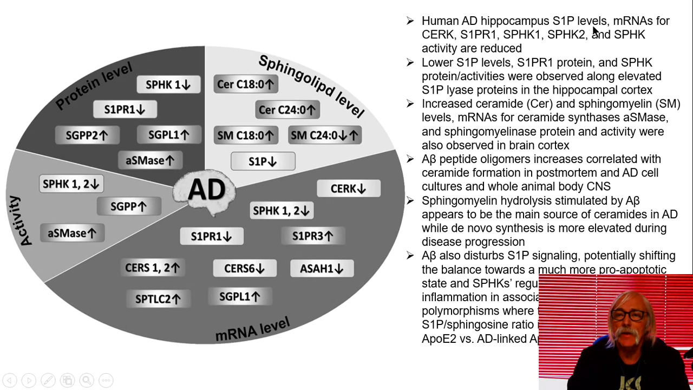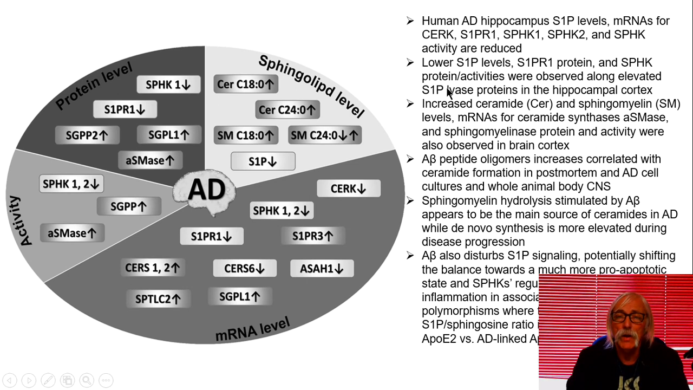So in the human AD hippocampus, sphingosine 1-phosphate levels and messenger RNAs for the ceramide kinase, the sphingosine 1-phosphate receptor 1, and sphingosine kinase 1 and 2, all of those are reduced in the human AD hippocampus. That's not a good thing, you see, because you're generating more ceramide. Lower S1P levels, less receptor for it, and sphingosine kinase protein activities were associated along with elevated S1P lyase, removing